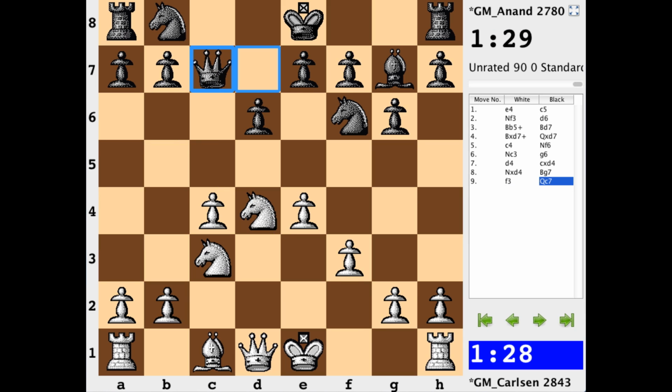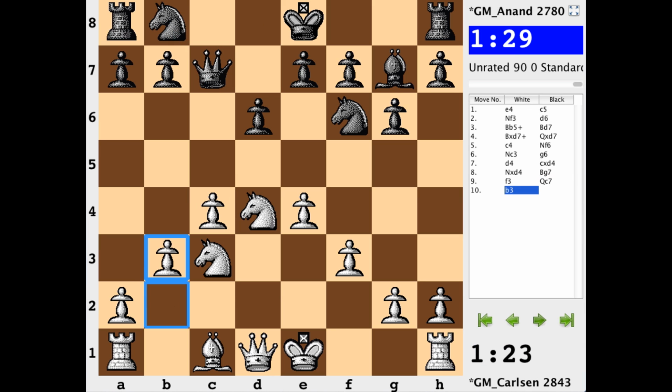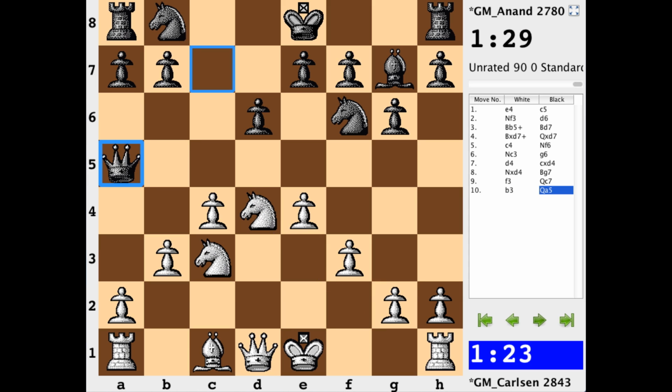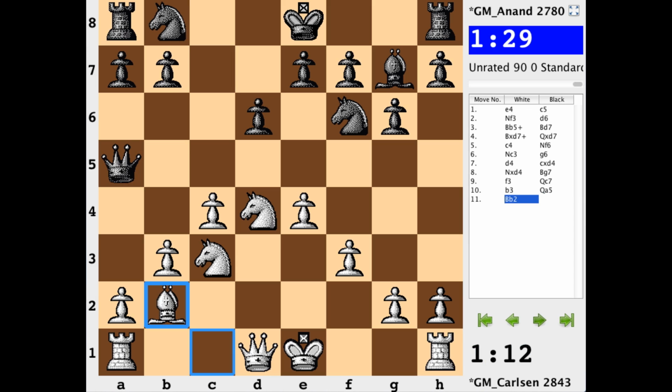The other way to view it is that really the only reason she was on d7 was just to recapture. We didn't have the knight recapturing; its main square is going to be c6. So she's just repositioning at this point on c7, hitting c4, and with b3, okay, now we have a couple of diagonals weakened. You can see the queen playing to either one of those squares. a5 is made use of right away, hitting c3.